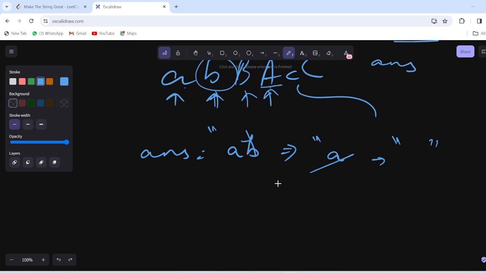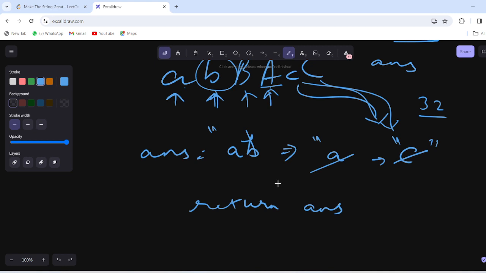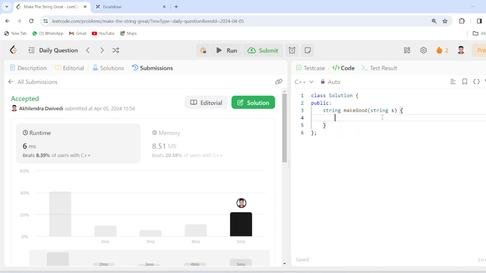And if our string is empty, then at the back of the string add the character. So we will add small c, and when we move forward we got capital C, and capital C and small c give us the difference of 32. Remove it from the answer string and return the answer string. So the answer string will be empty. So using a string we can solve this problem. Now code this problem.